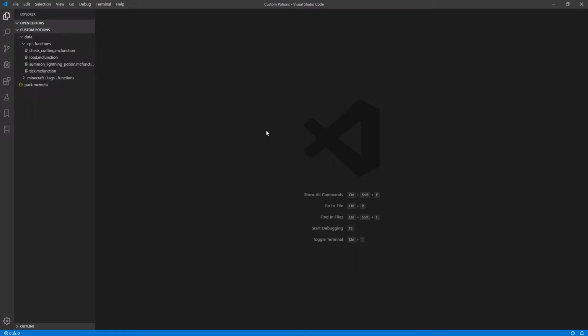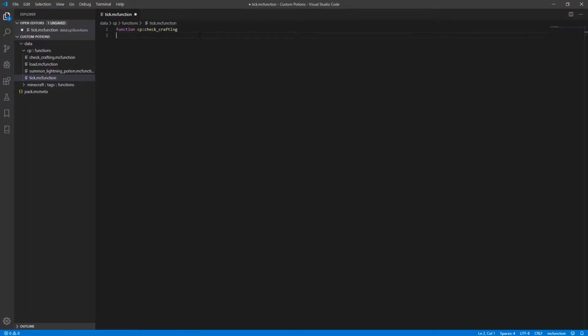The first thing we want to do is check for when a custom potion is thrown and when it hits the ground. The method I'll be using utilizes area effect clouds with custom tags to see when the potion collides with a block. To start, go to the tick function and add another line that says function. In my case, I'm using the namespace CP,